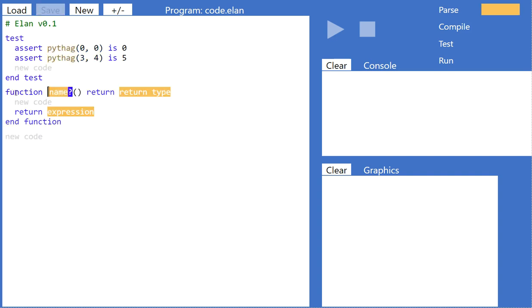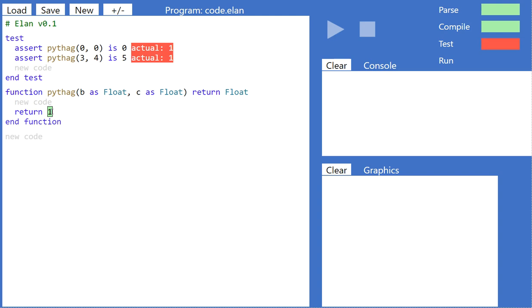Now I'm going to write the function itself. So F for function, call it Pythag. And that's going to take two sides, B and C, both of type float, and this is going to return a floating point number also. And just to get the thing off the ground, I'm just going to make it return 1 instead of doing any calculation. And as soon as I hit enter or tab off that field, you can see it has compiled now because Pythag is a known function,